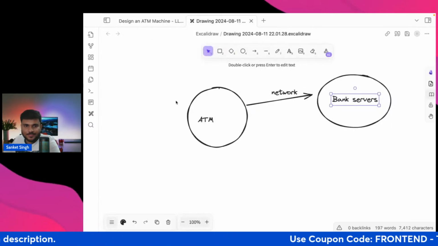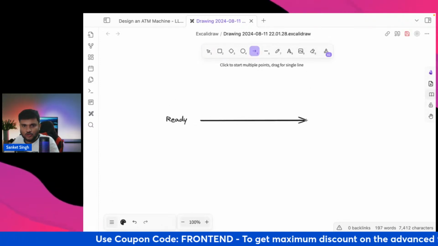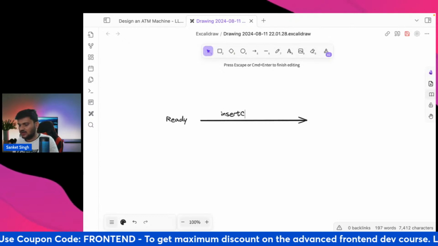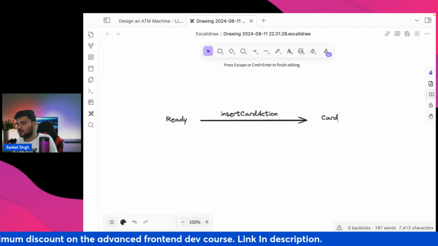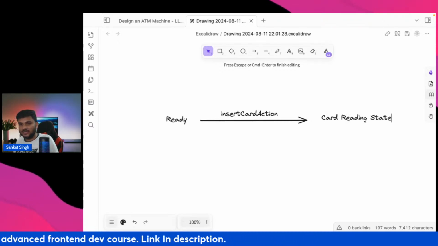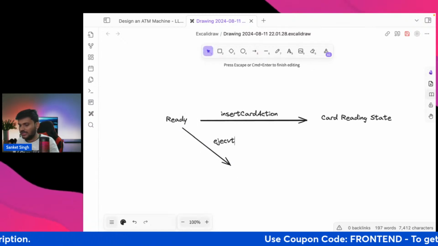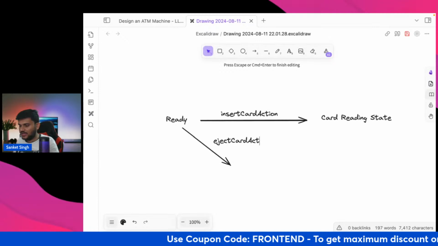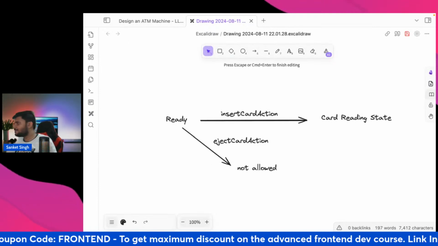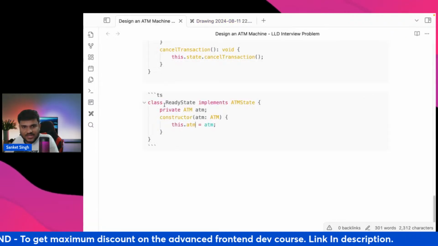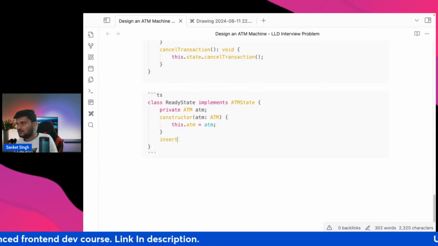Just think about it. If you are in a ready state and you do an insert card action, what will happen? You will move to a card reading state. Can I say that? Whereas if you do an eject card action, then this will not be allowed. Okay, right? So that means inside the ready state there will be some methods like insert card